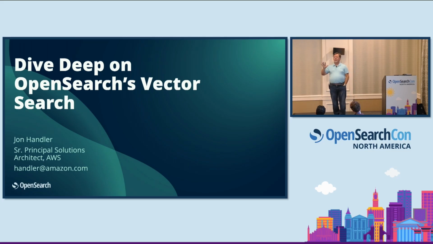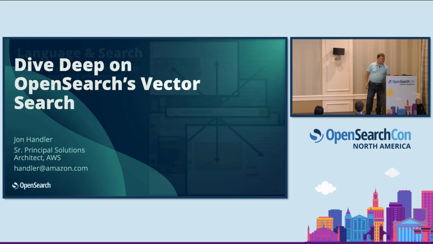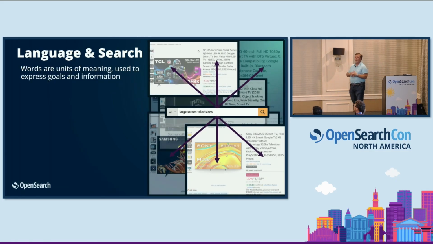Today I'm going to talk a little bit of theory and a little bit of practice. I want to introduce the opensearch-ml-quickstart, which is an open source project I built with other contributors that helps you get started with code examples for most of the vector-related workloads in OpenSearch. But before we get into that,